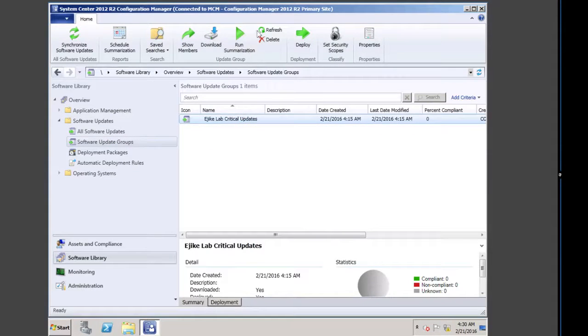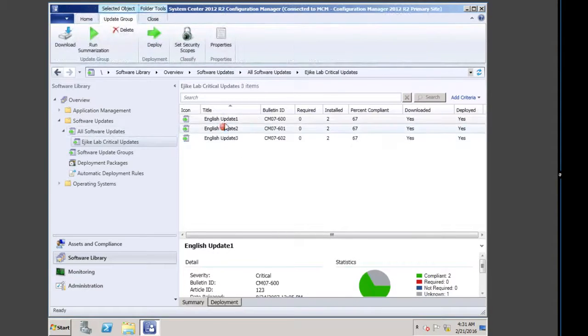Okay, this hasn't been updated. The same thing also, if you run a summarization again, it will update. It might take a while, but it will eventually update. Okay, so that's there. All right. So same thing. If you go to the members, it all shows you there. Okay, so that pretty much covers everything that we want to show about manually running the software updates